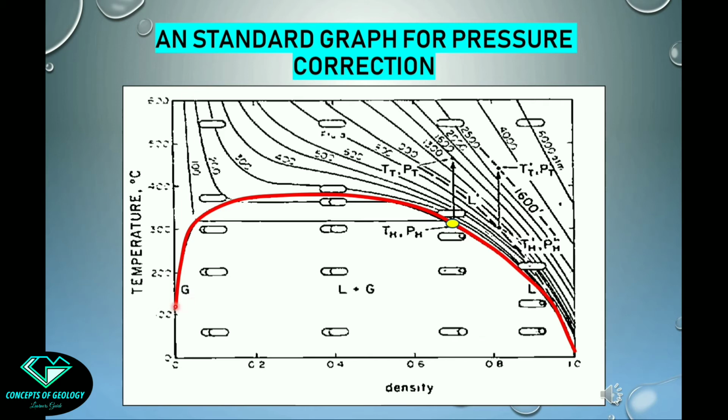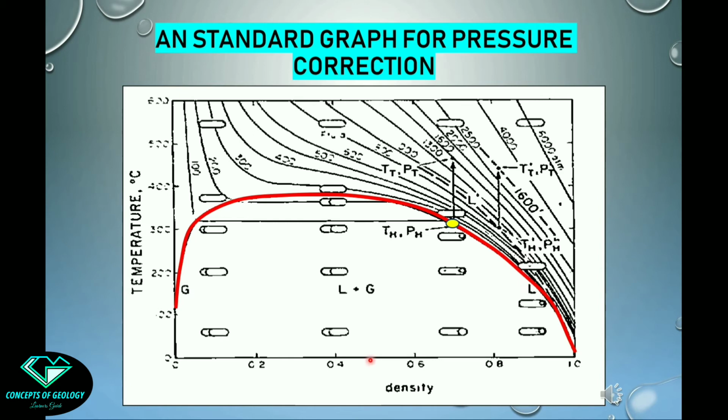The red line is the locus of the temperature of homogenization for the inclusion having different densities. Mind it, this temperature of homogenization is under the normal pressure condition. Now see, in case of pure water, this value of the density is also indicating how much of the inclusion is filled with water. See, where the density is purely 1, that means the inclusion is totally filled with water. No vapor bubble is there.